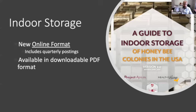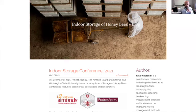And so this is the cover. I thought it'd be too complicated. I was going to click on it and show you the online format for this, which is neat and flashy. Instead, last minute, I just pulled some screenshots, but this is also available in a PDF format. The main idea was to have it online so it could be updated continuously. As part of this, we also